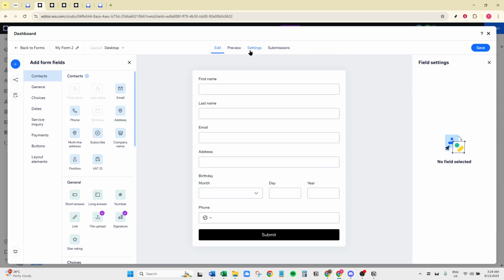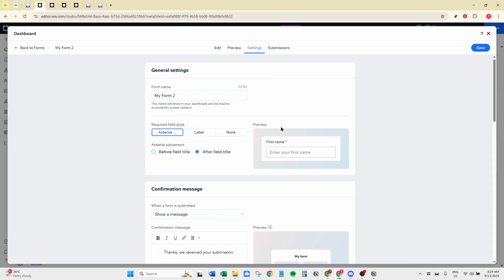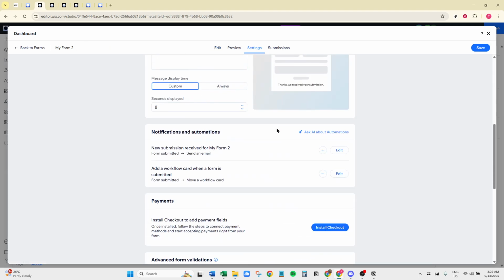And there you have it. Your Wix site is now equipped to send email notifications directly from your contact form, ensuring you never miss an important visitor message again. By following these steps, you're not just setting up a contact form, you're enhancing your site's communication capabilities, paving the way for more effective interaction with your audience.